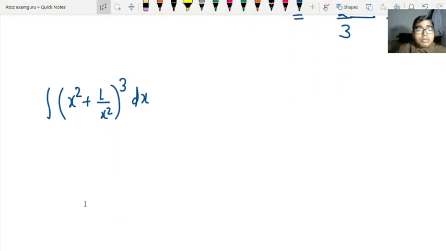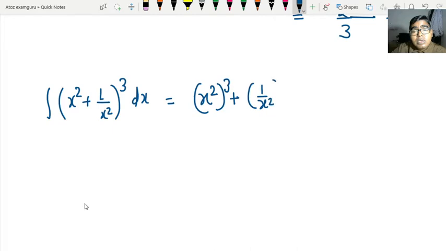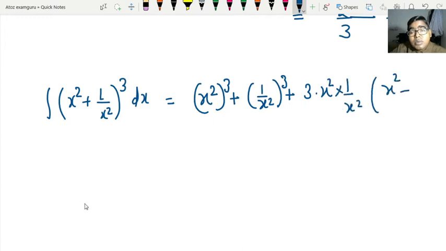Now come to this question. What you will do in this question? This is written as a plus 1 upon a, whole square, right friend? Whole cube. So you can write a cube plus b cube plus 3ab, 3 into x square into 1 by x square, within the bracket x square plus 1 by x square. x square first, then